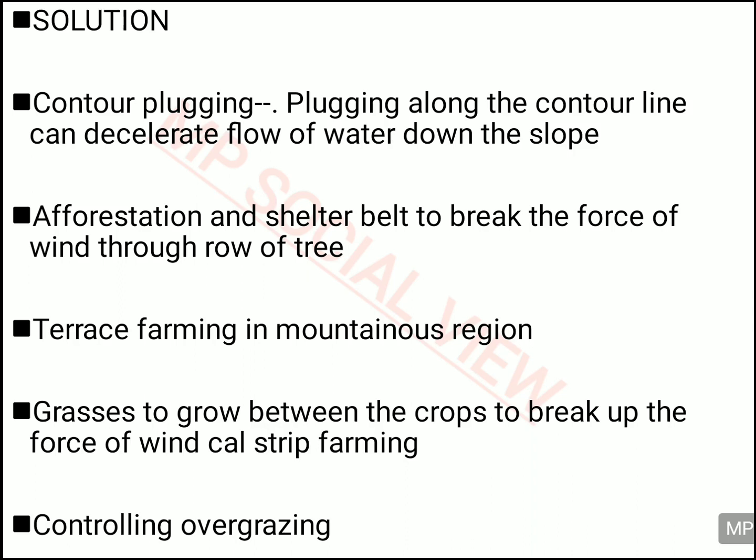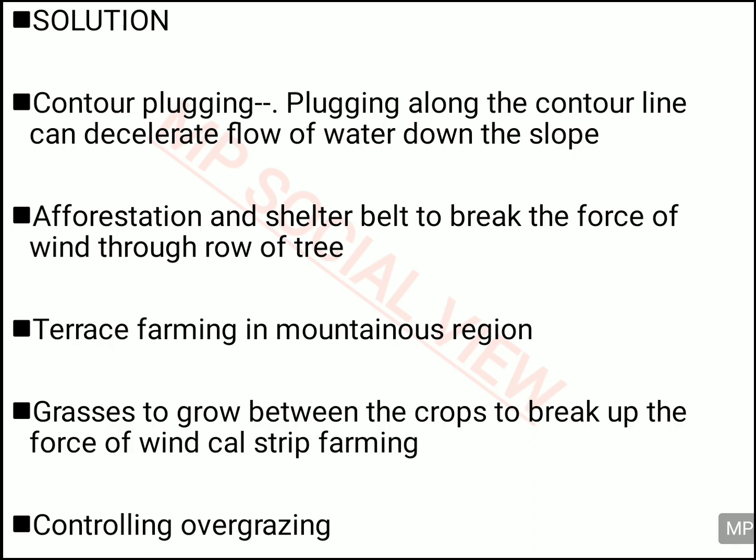Afforestation can also be one of the ways of protecting the soil, and also the shelter belt method. What is the shelter belt method? The shelter belt method is the method in which you plant trees in a row. In a line you are planting all the trees, and the trees have the capacity to stop the speed of the wind. The wind loses its velocity when the trees come in between. So when the wind velocity decreases because of the trees, then less soil erosion takes place. So when you plant trees in a row to stop the wind from flowing fast and eroding the soil, it is called a shelter belt. So this method can also be used for protecting the soil from soil erosion.